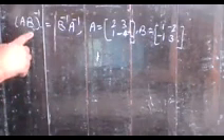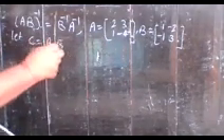So what you do here, you have AB whole inverse. First of all, assume C matrix is equal to AB, and then you find the value of C matrix by taking the product of A and B. Now you find the inverse of C matrix, and the inverse of C matrix is the same as AB whole inverse. So write it: let C matrix be equal to A into B.